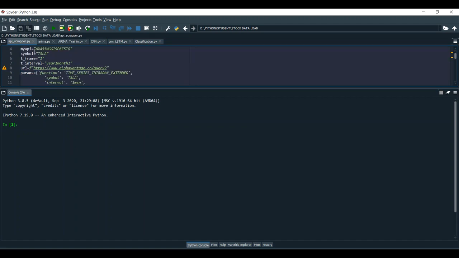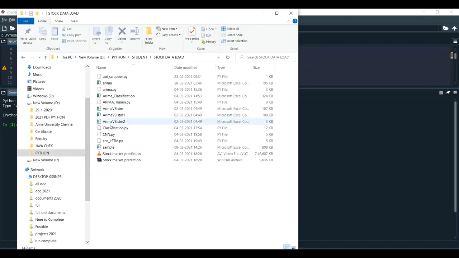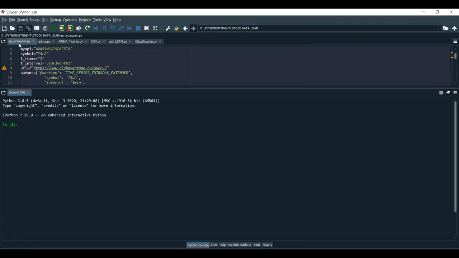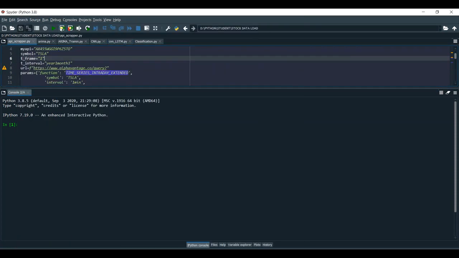For that, this is my API, and for this symbol I am going to predict. The next step is while I am executing the project, the real-time stock prediction data set API process. Once it is executed, it will create a sample.csv file. So right now I'm going to execute. For this, I'm going to get the sample.csv file as the output of a real-time data set of that particular